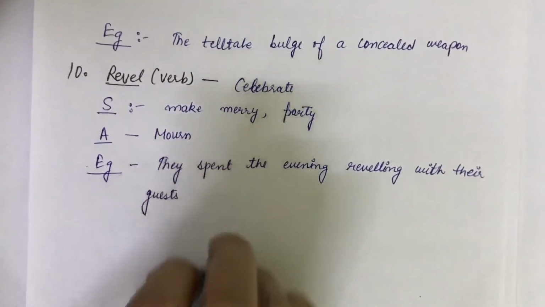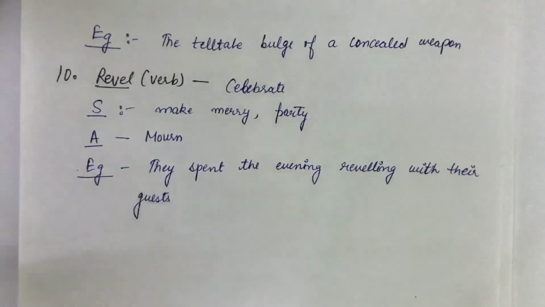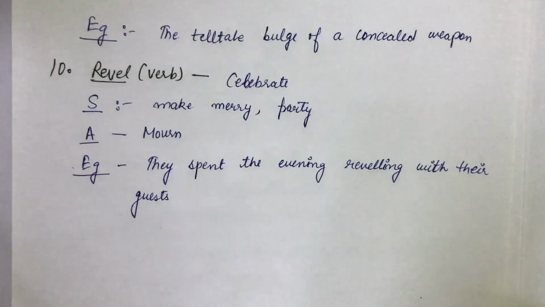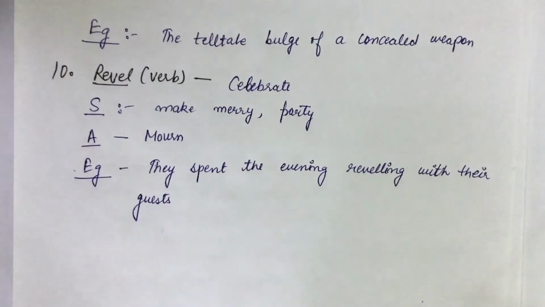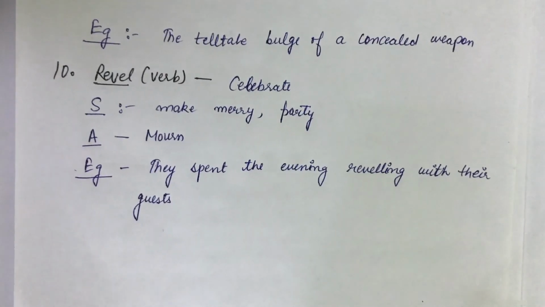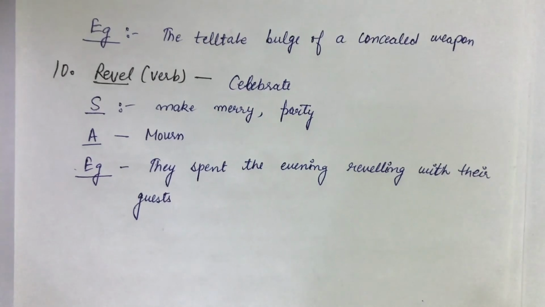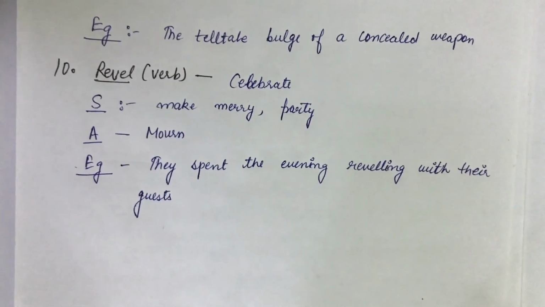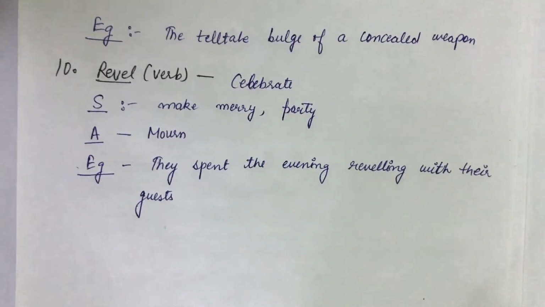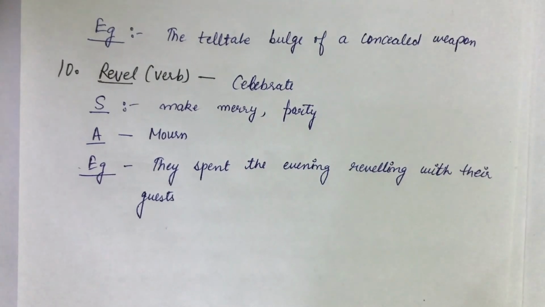So in that evening they celebrated with their guests. These are the 10 uncommon words along with their synonyms, antonyms and examples that can add to your vocabulary, improve your English, and help you score a good band score in your IELTS